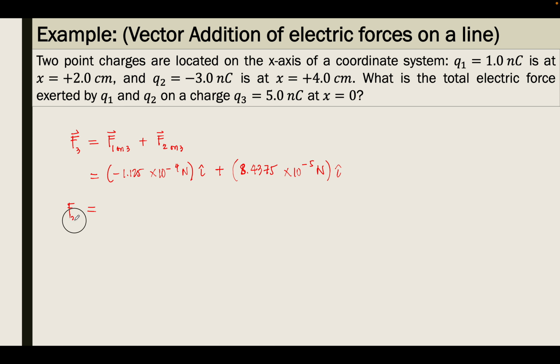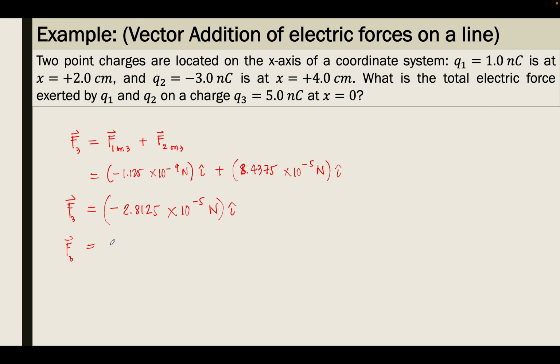So the total electric force, or the total magnitude and direction of the electric force that Q1 and Q2 are exerting on Q3: negative 1.125 times 10 to the power of negative 4 plus 8.4375 times 10 to the power of negative 5 is equal to negative 2.8125 times 10 to the power of negative 5 newtons I hat,